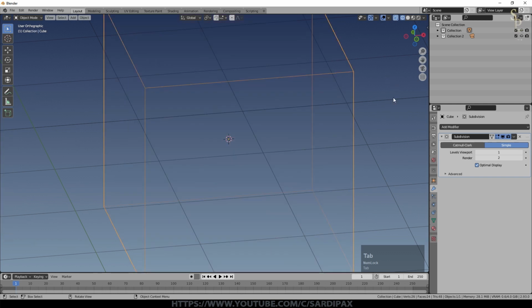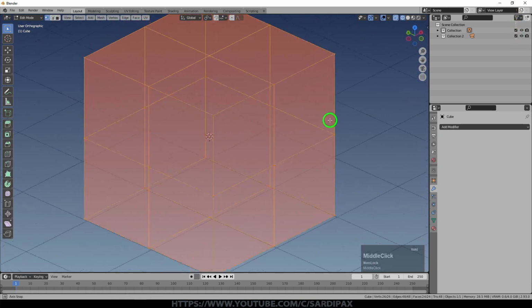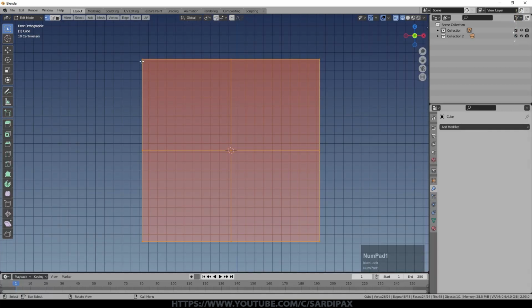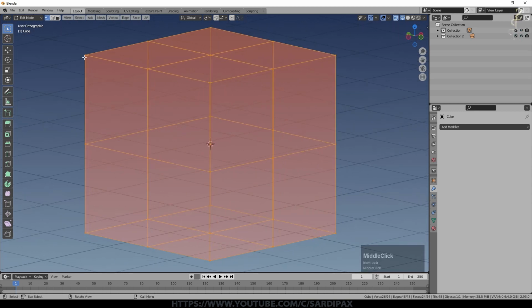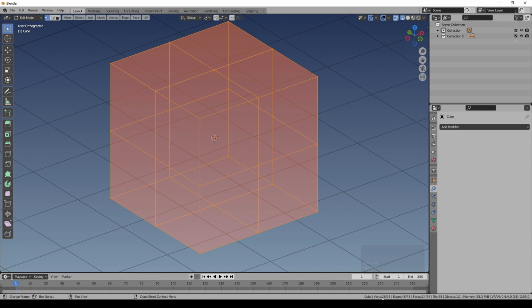And the way I can see it very easily is if I click in here and just apply that subdivision surface, and then go into edit mode, now you can see that that's exactly what it did. For each face, it added a vertex between the 2 points, midway between the 2 existing vertices, and between there, and then it added an additional one in the center here, midway between all 4 of the vertices, and then joined them all together with lines. So we're in vertex mode at the moment, obviously. So we've now got 26 vertices. And a quick way to see how many vertices we've got in edit mode is down here. You can see there they are. And we can see edges and faces there.